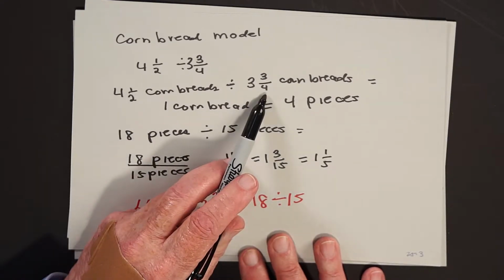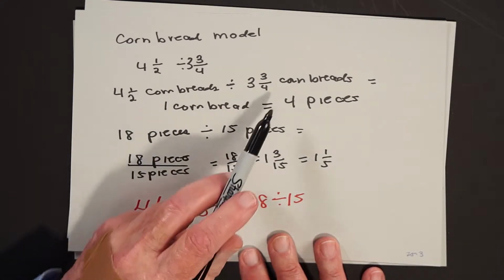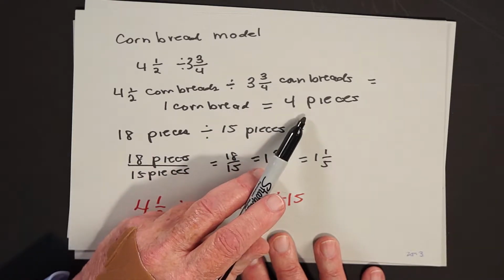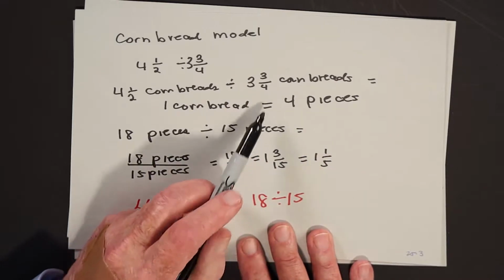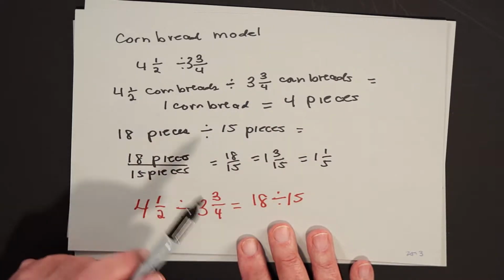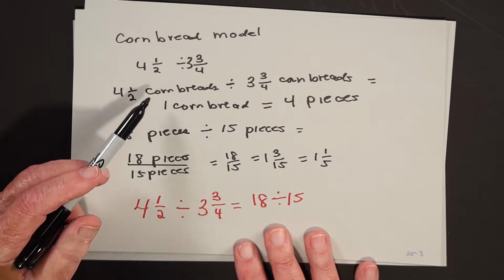Well, with the denominators of 4 and 2, we see it would be nice to have each cornbread pre-sliced into 4 pieces. Now, why would that be nice? Well, 4 is divisible by both denominators, the 4 and the 2 over here. So let's translate now